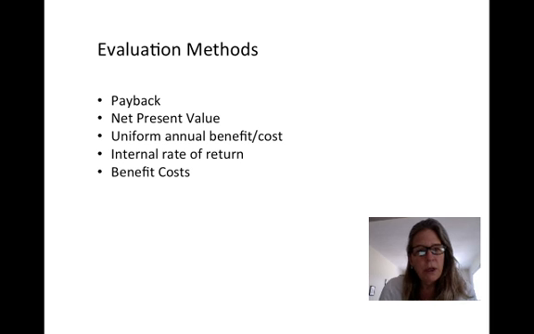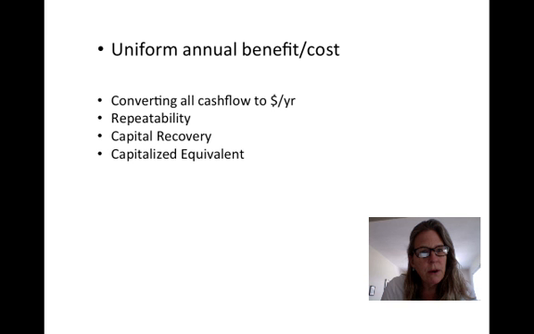In this video, we're going to look at one of the other evaluation methods, which is uniform annual benefit or cost. In this video, we're going to cover four concepts associated with this. Converting all cash flows to dollars per year, which is the process of this uniform annual benefit or cost. The concept of repeatability, which we're going to talk about why when you have repeatability in projects, a good technique is the uniform annual benefit technique. Capital recovery concepts and capitalized equivalent, which is also related to present worth, but we'll look at this in